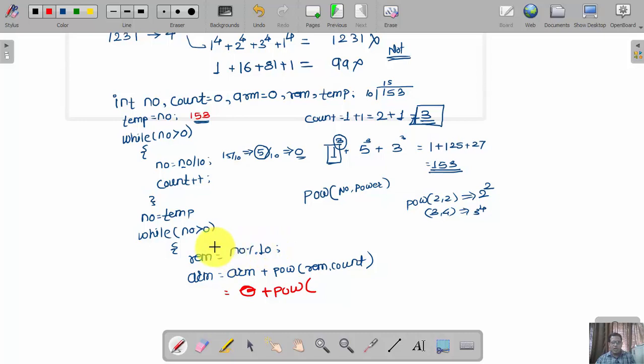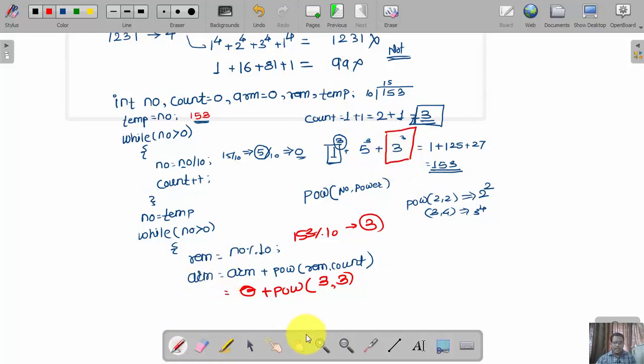Now in the first execution, what is the value of number? Number is 153, mod 10, so I am getting the value 3 here. So it is 3 comma count, which is 3. So it is going to calculate this first expression in the first execution.